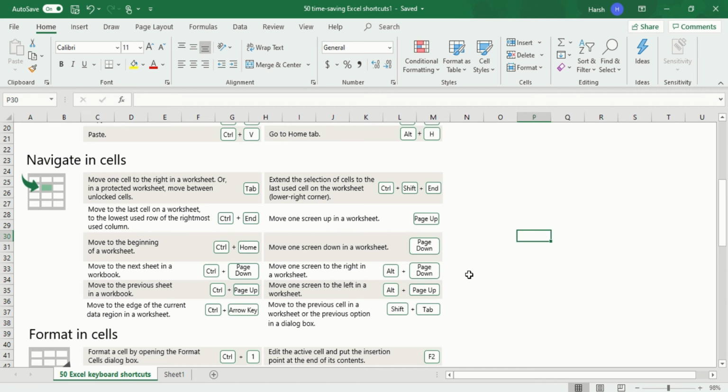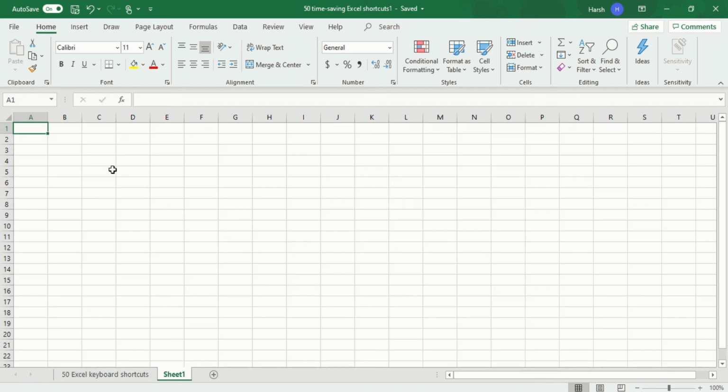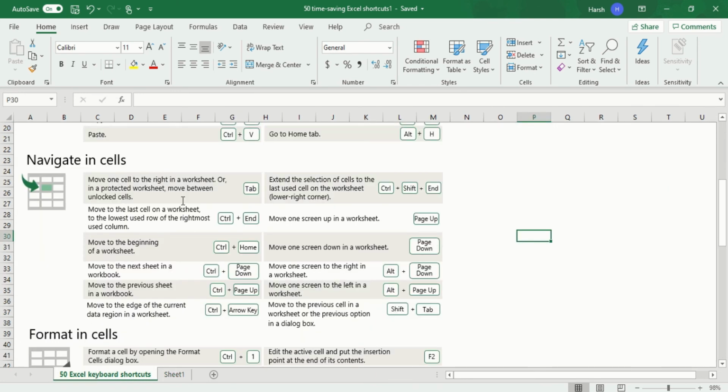This is one of the best things. Like for example, if I am going Tab, Tab, Tab, Tab and I reached J1, and I want to go back to F1, either I use the arrow key or I use Shift Tab. So this is how you use the shortcut keys to navigate in cells.